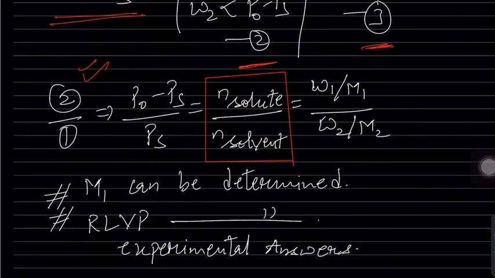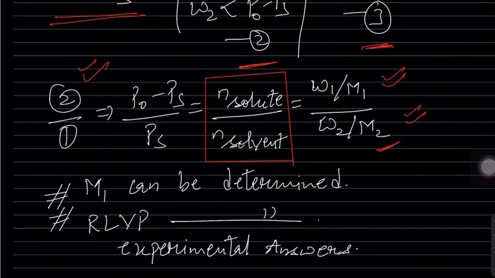And why are we not multiplying it by the Van't Hoff factor? Because for all the experiments, whatever is happening, they don't need the Van't Hoff factor, because the Van't Hoff factor is required when we have theoretical data. It is experimental. In experiments, the Van't Hoff factor is not needed. We always get the correct value. So we have written N solute upon N solvent. Obviously this is a formula we have already studied in the previous lecture. That is written as W1 upon M1 upon W2 upon M2.